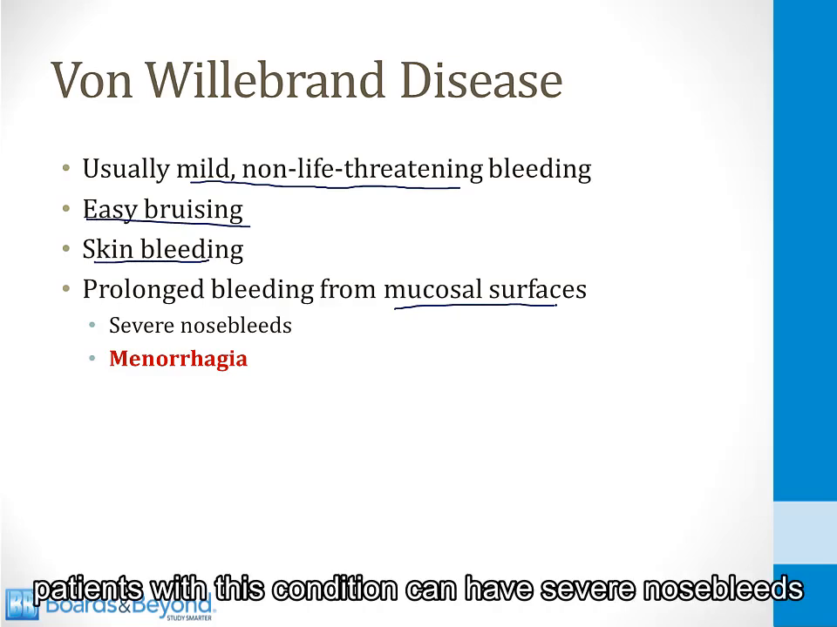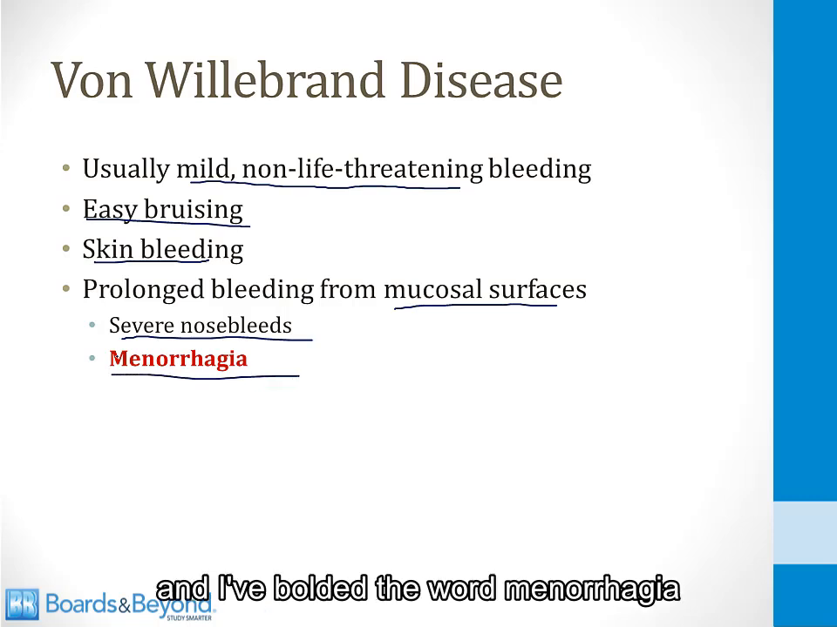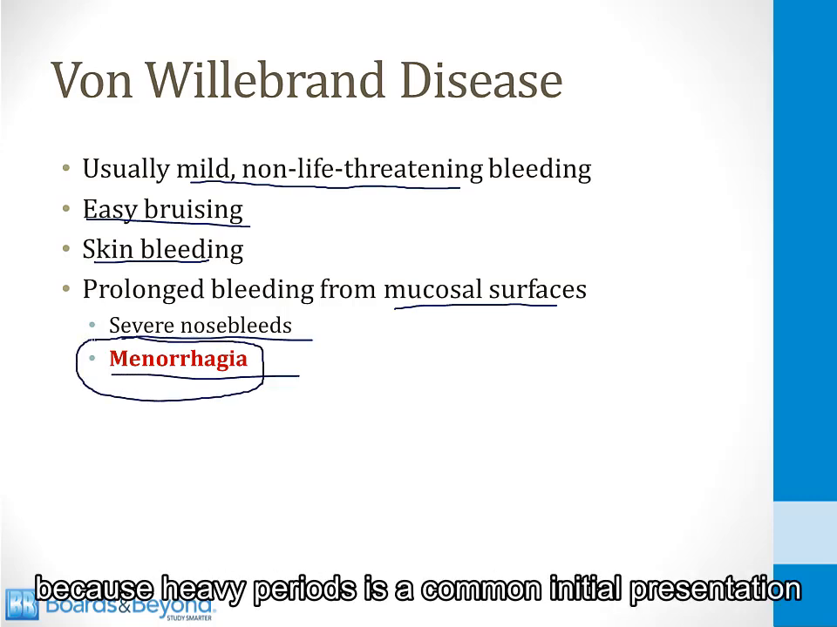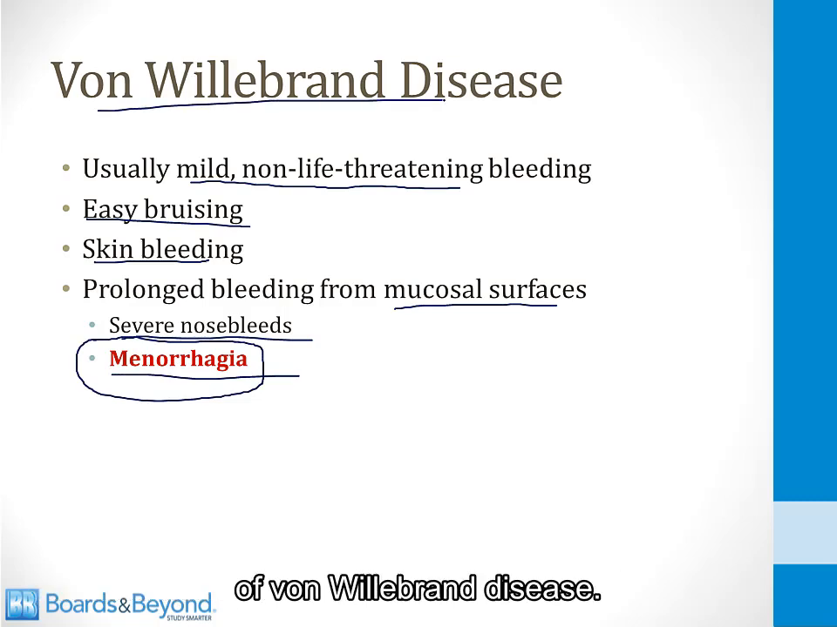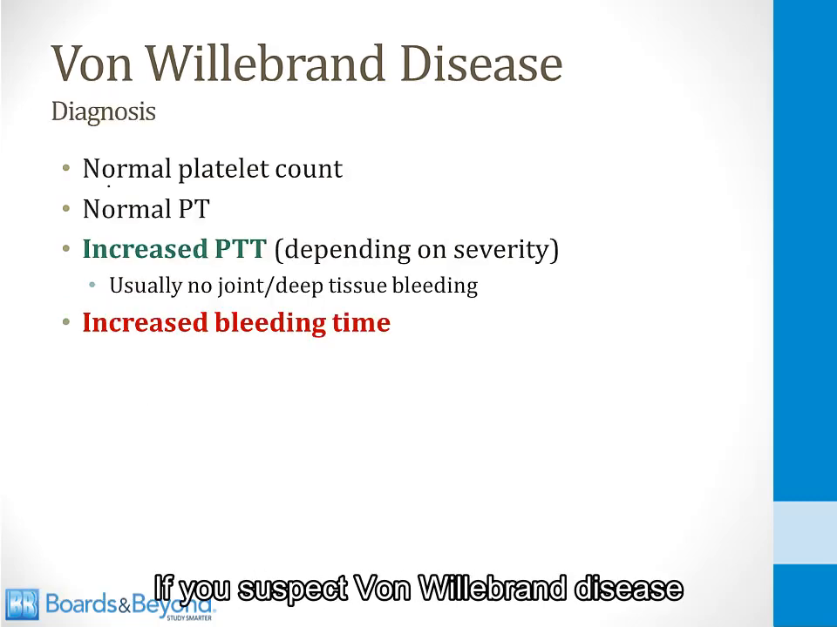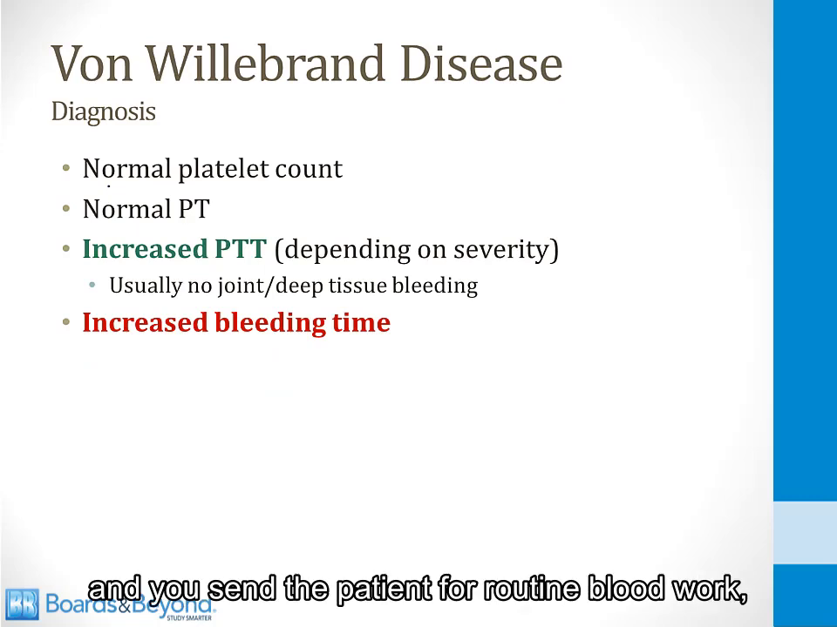For example, patients with this condition can have severe nosebleeds, or women can have menorrhagia. And I've bolded the word menorrhagia because heavy periods is a common initial presentation of von Willebrand disease. If you suspect von Willebrand disease and you send the patient for routine blood work, you will find that the